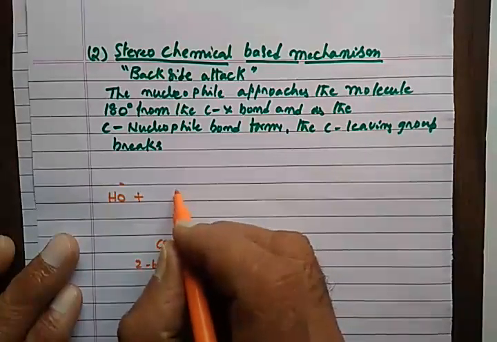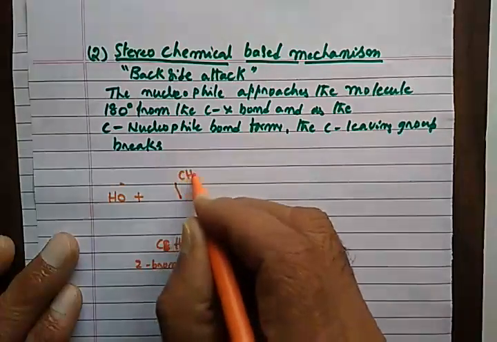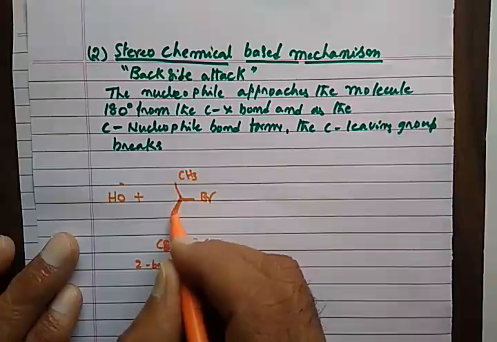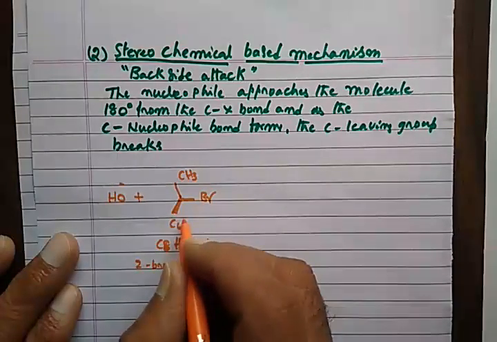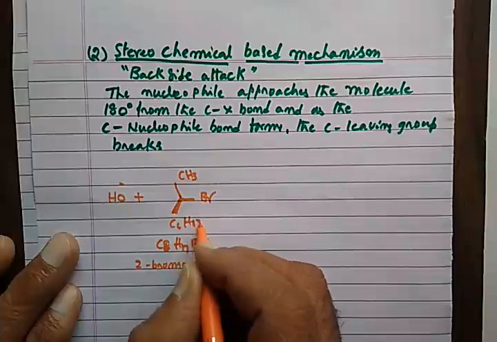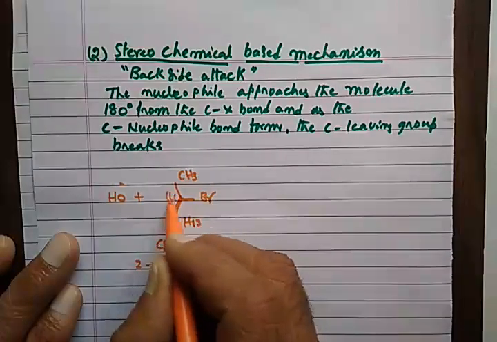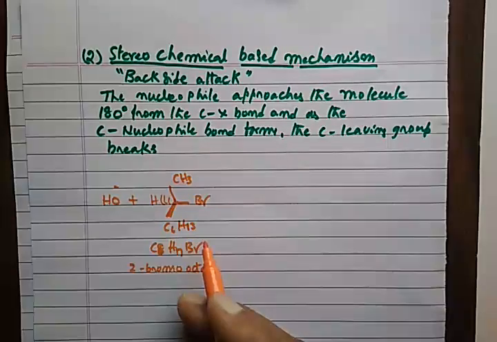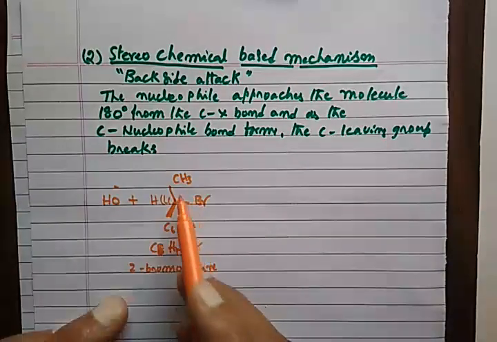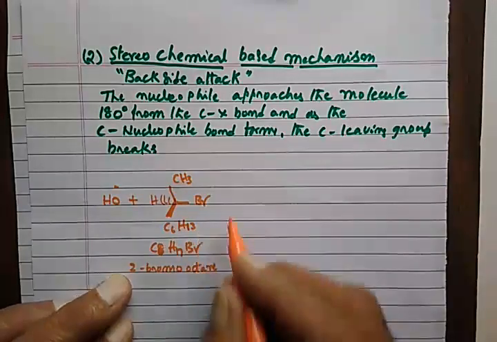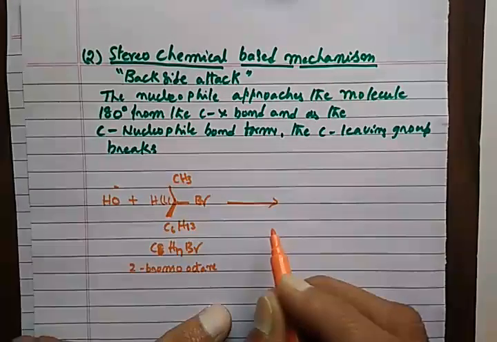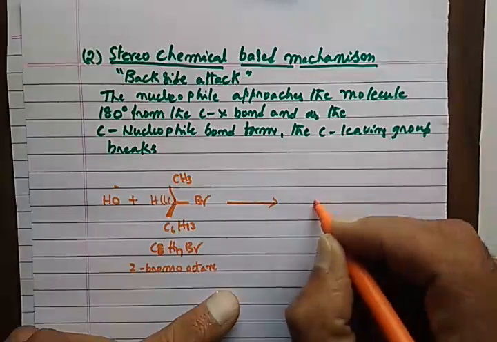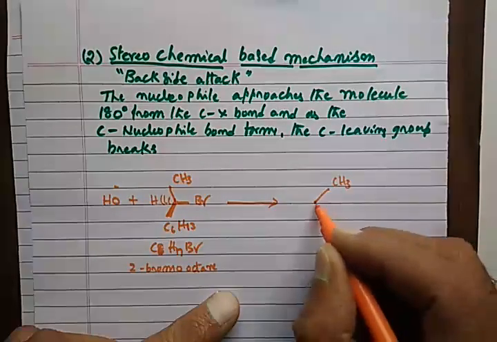I'll write this as CH3, Br. This is the chain C6H13 and H. It is like this. The C6H13 chain is facing you, H is on the other side, then it has got CH3 and Br. If this SN2 reaction happens, what happens is this central atom's CH3 will go here,